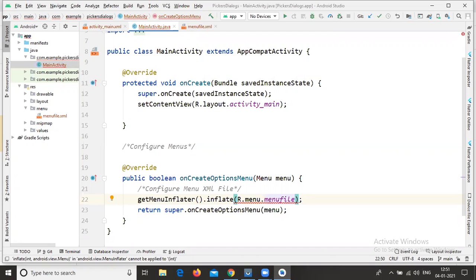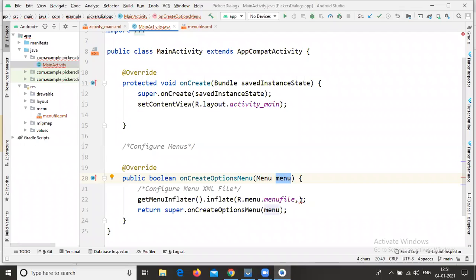Comma, the second parameter is menu. If you observe carefully, inside your onCreateOptionsMenu we have one parameter, that is menu. That menu object is also menu, but in small letters.